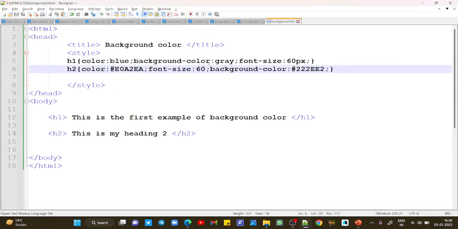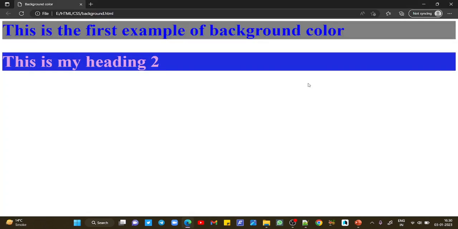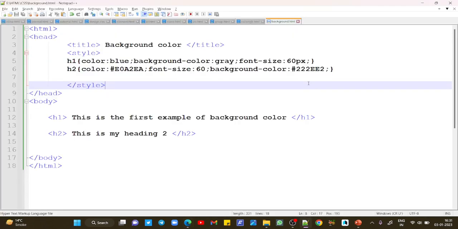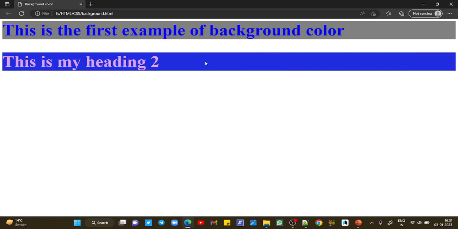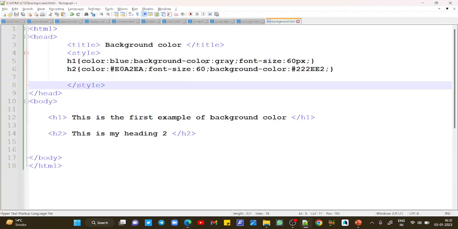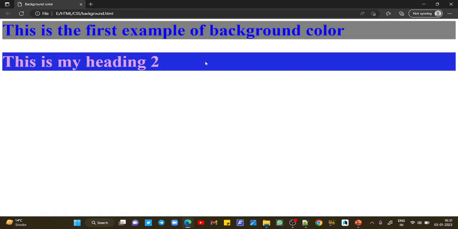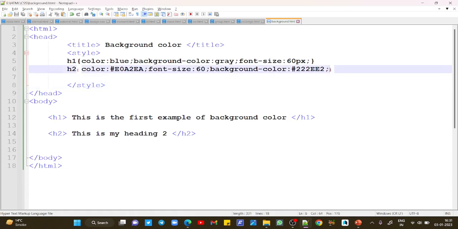I don't remember the color codes exactly. I'm just writing random colors, random codes. You can also try any color code and you will get a unique color combination with these hexadecimal codes. So this is how, students, you can use background color properties. Along with these background color properties, if you want to use another